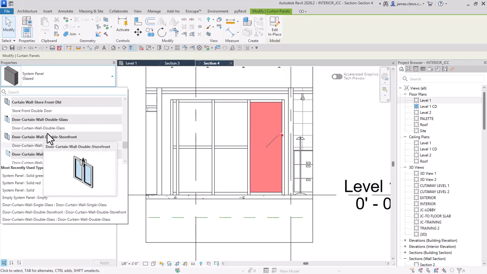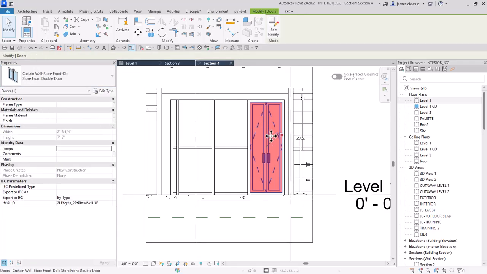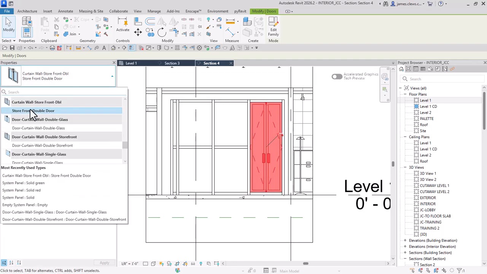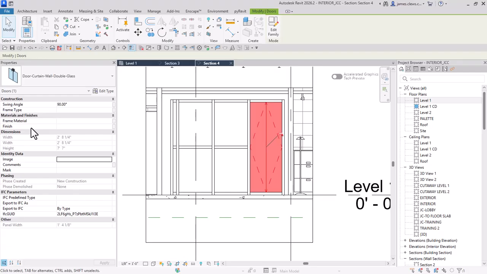I'll do this on purpose just to show you that it is kind of stretching everything. So if I do the store double door, what it's doing is fitting that into that space. If I do the wall double glass,